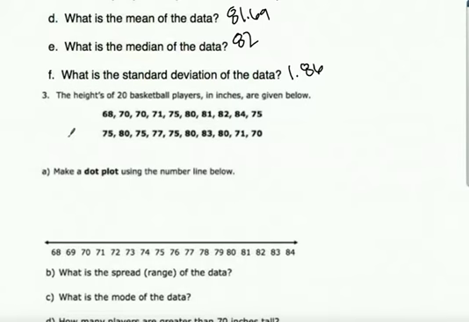Number 3 says the heights of 20 basketball players in inches are given below. Make a dot plot using the number line below. So at 68, basically we're going to go through this and put a dot everywhere they should go. So 1 at 68, we've got 2 at 70, 1 at 71, 75, 80, 81,